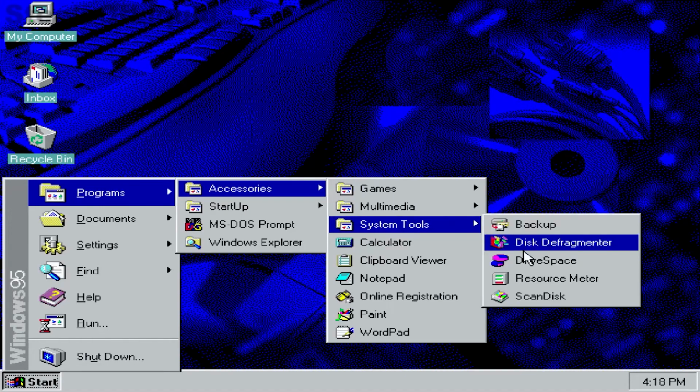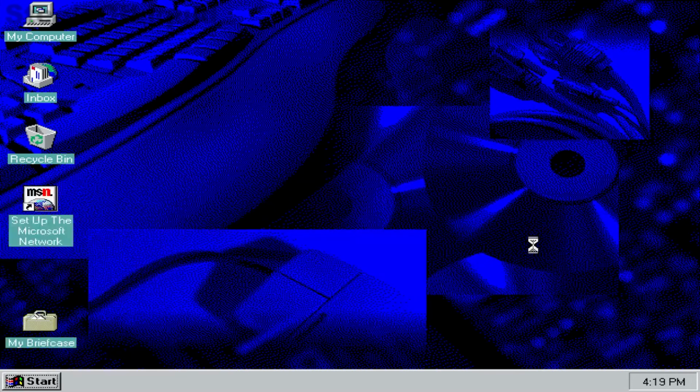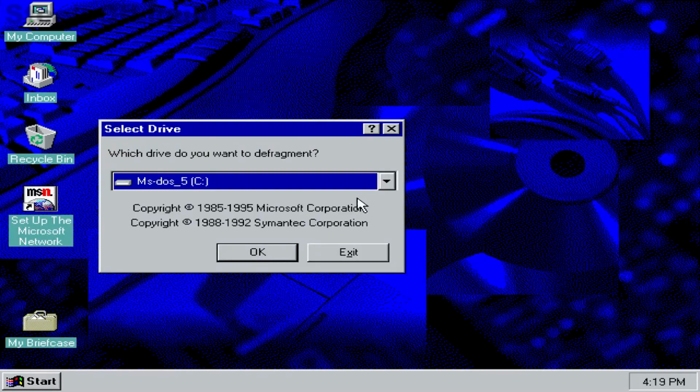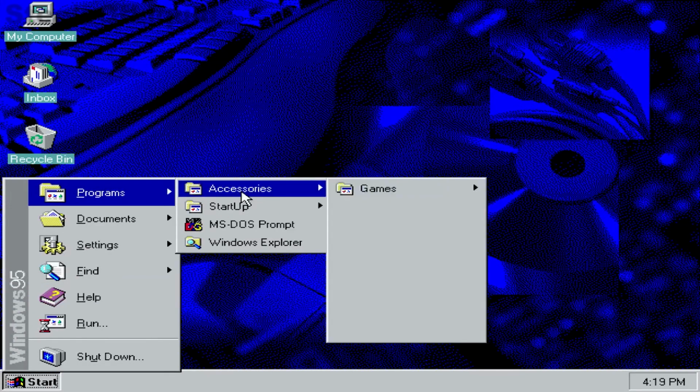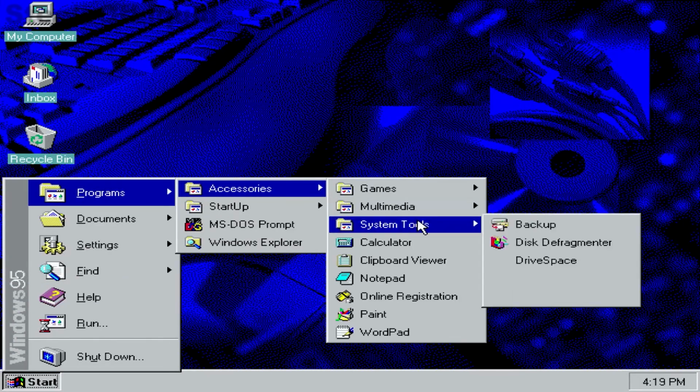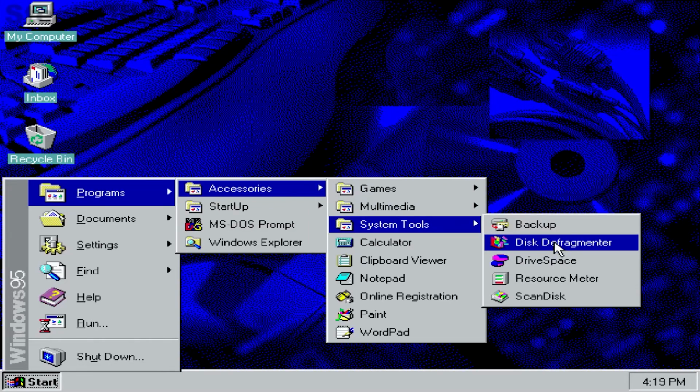So yeah, what do we cover next? I'm just gonna go over Disk Defragmenter. Which disk do you want to defragment? Bruh. Copyright 1985 to 1995, Microsoft Corporation. Copyright 1988 to 1992, Symantec Corporation. Yeah, that's probably the first time we've seen that, but we're not gonna go using the disk defragmenter in this video,